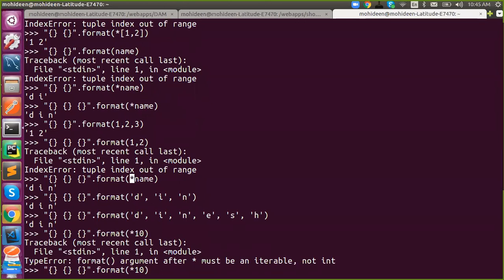We won't be able to use star, so the input should be an iterable, not an integer. So any doubts in formatting? The formatting can be done only for strings, not for the integer type. That is unpacking.